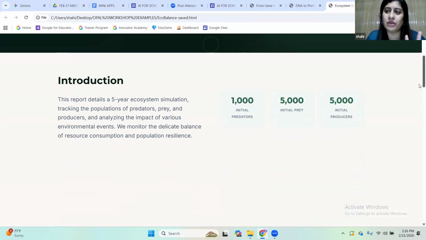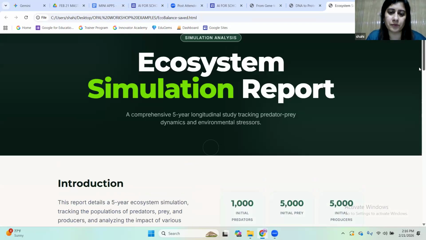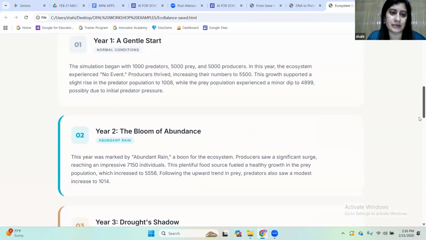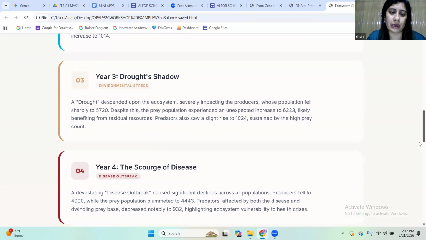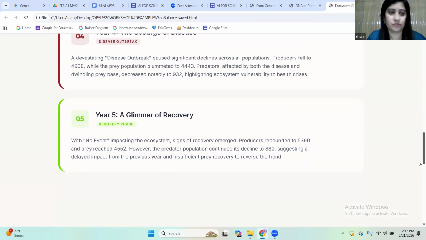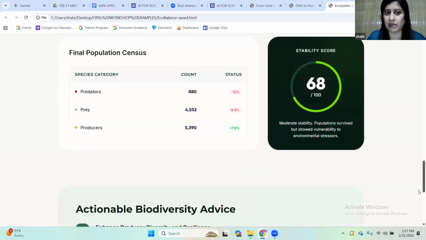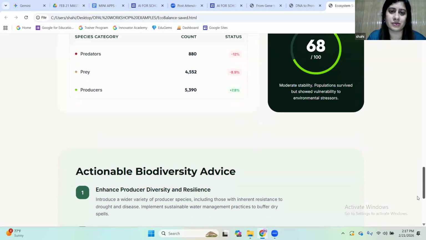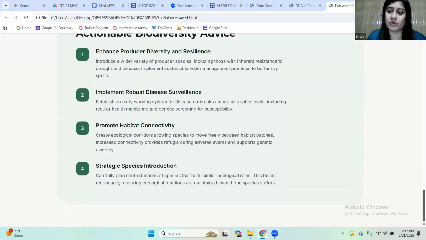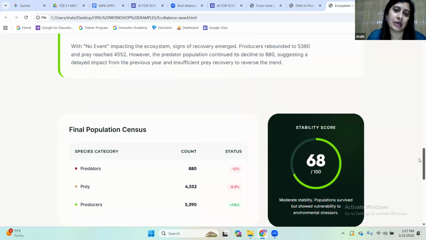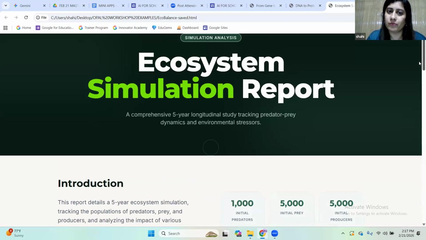That was the only information I fed into the app, and it has created this entire calculation about the ecosystem. It has given me a 5-year prediction, then an analysis of population census. You see, there's so much which it has given to me. So many nice activities can be planned around these outputs.